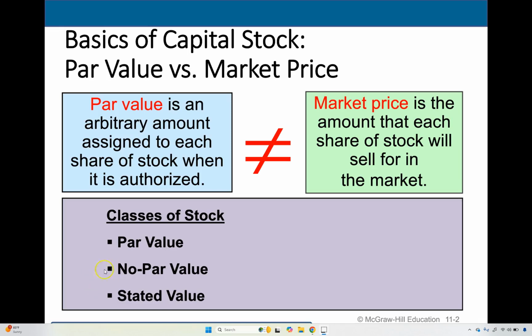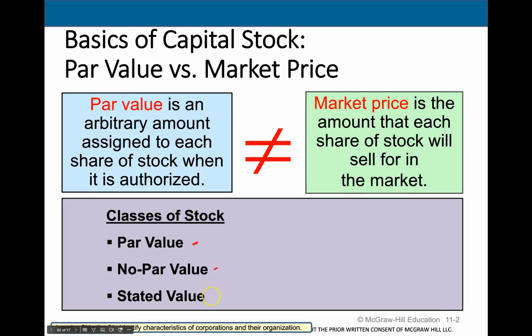There are different classes of stock available, but when we're talking about common stock or common shares, those two terms are interchangeable. The individual or entity that purchases that stock has a small piece of ownership in that company. You'll also see different things such as par value, no par value, or stated value on the different types of stock, whether we're talking about common stock or preferred stock.